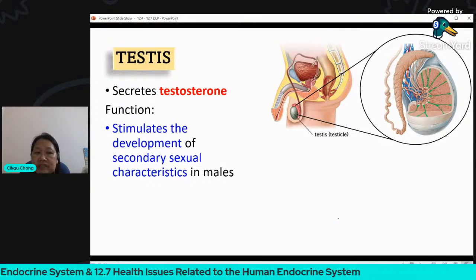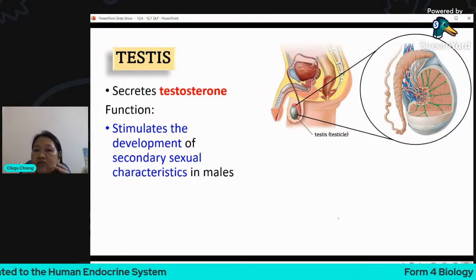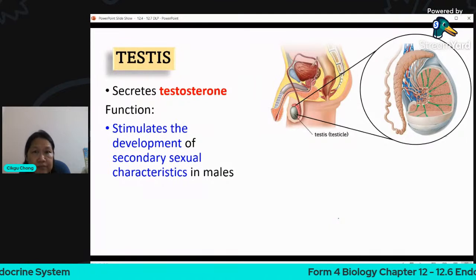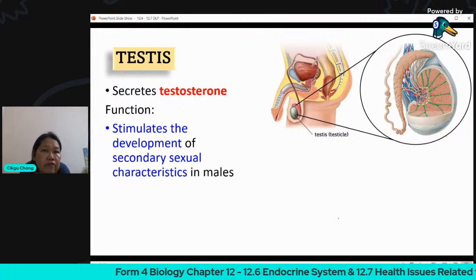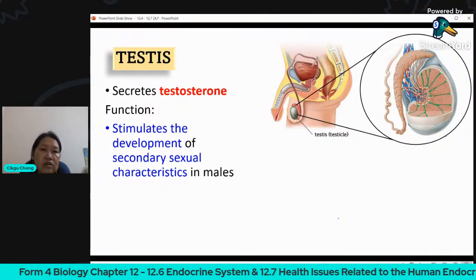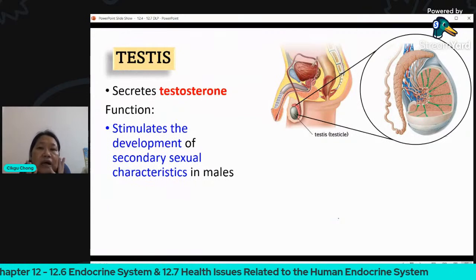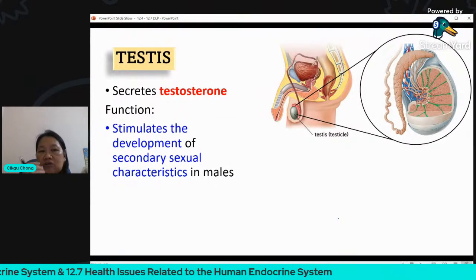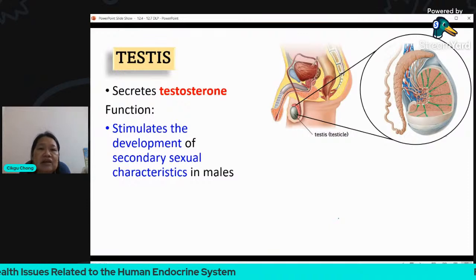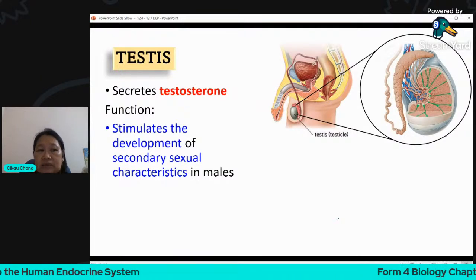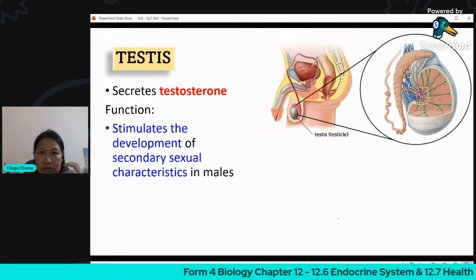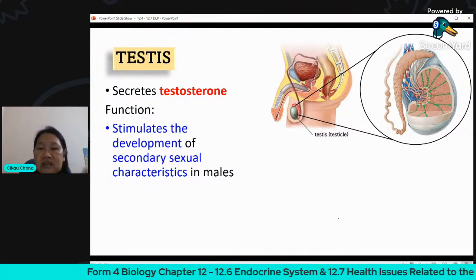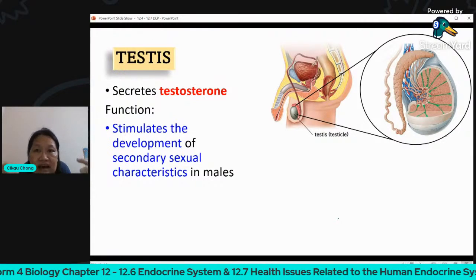Okay, what are secondary sexual characteristics? These are the characteristics which are not directly related to production of sperm. These are the characteristics that you see in males. For example, growth of hair on the chest, on the face. You get the misai and your janggut there, your beard and the mustache. The growth of hair on the armpits, right, and also in the pubic region. So all these are the secondary sexual characteristics. Another one is the muscles. And you see the guys' muscles are a bit firmer than the females, right? So badan dia sasa, okay, means it's firm.